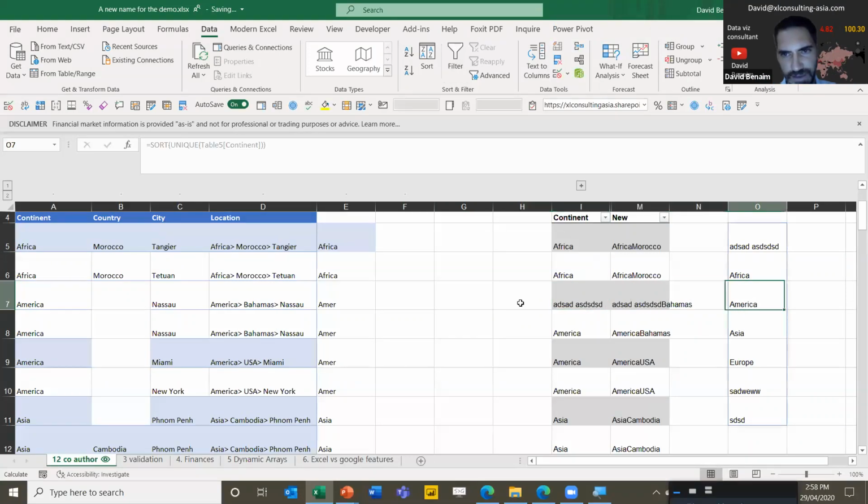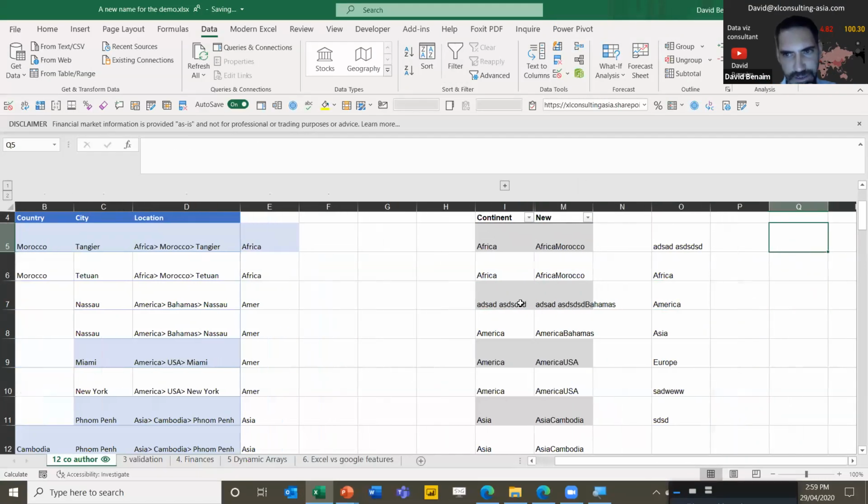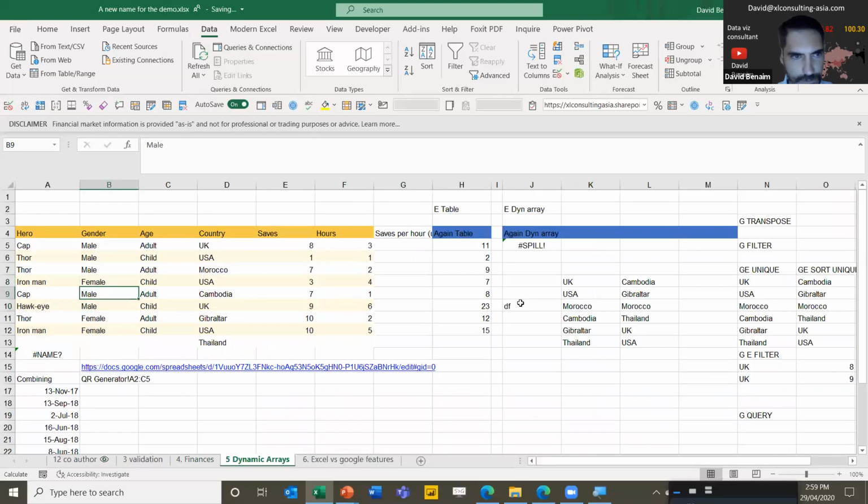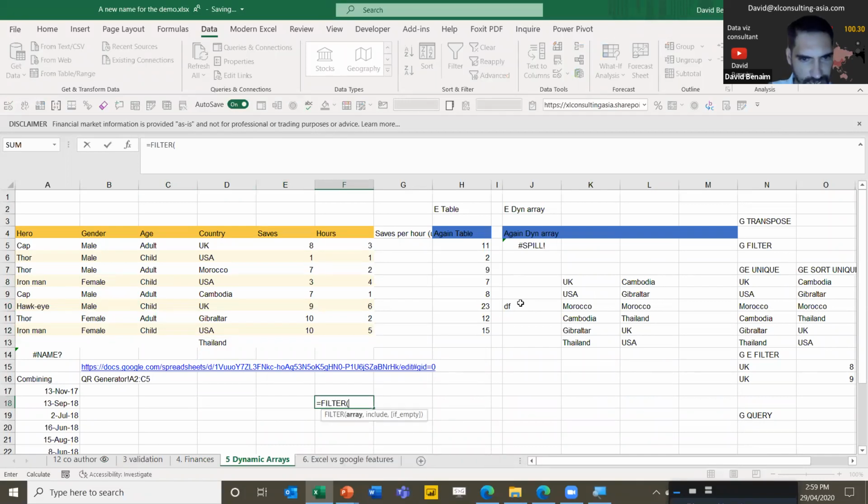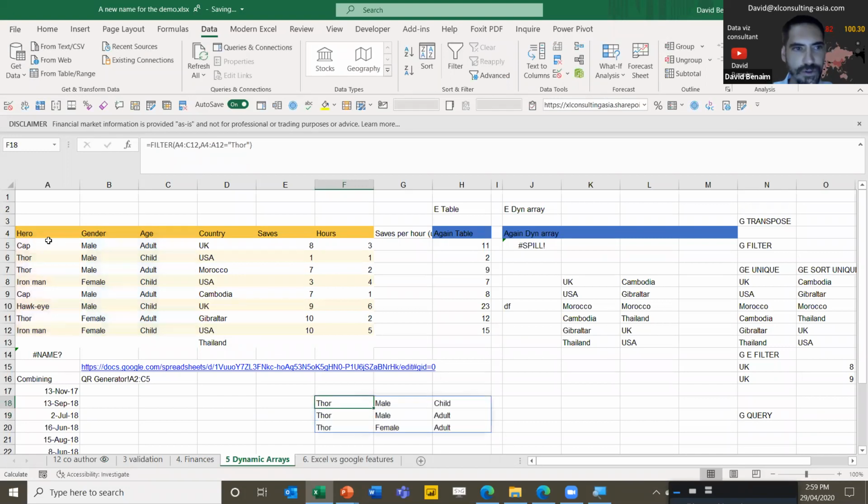But sort and unique are fantastic as well, as is filter. I could say over here, equals filter all of these columns where this column is equal to Thor, and speech marks like that. Then it will give me all the rows where that's the case.